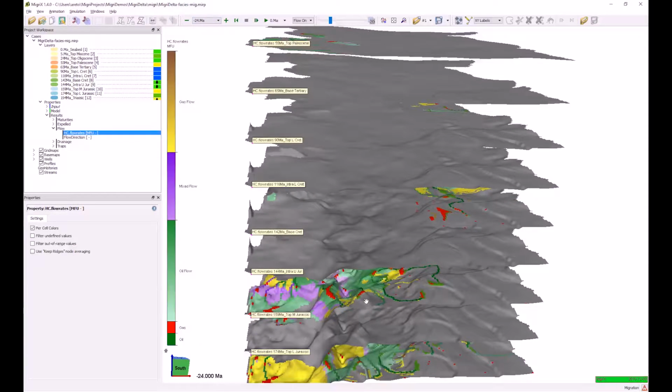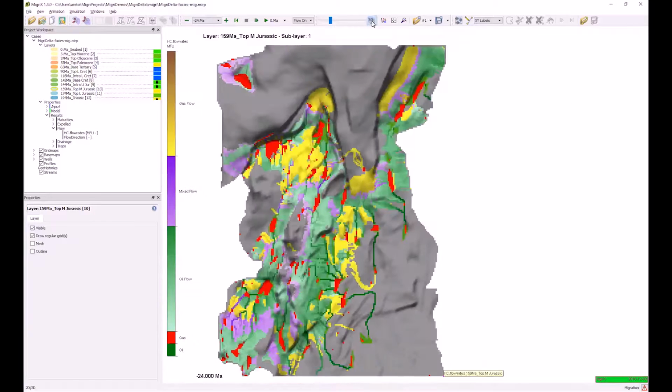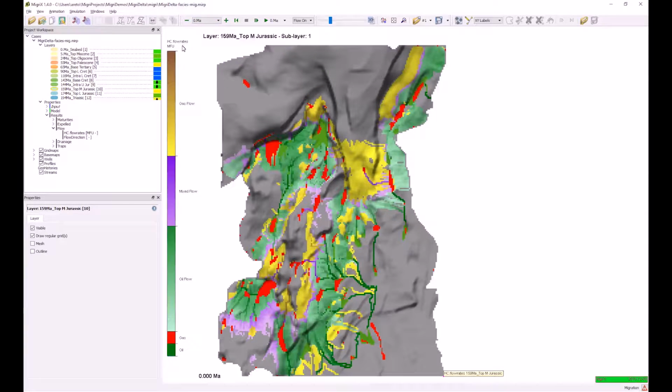We can go into 2D mode instead and switch between 24 and present day and see that there are quite clear differences. So this is both due to changes in the generation through time and to the topographic changes of